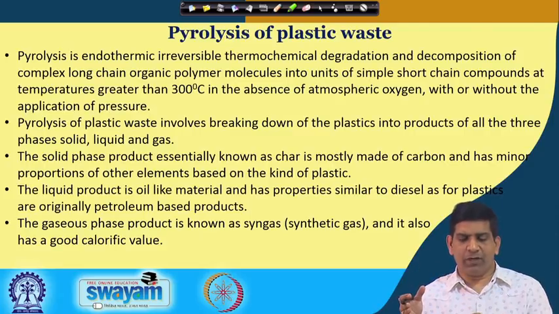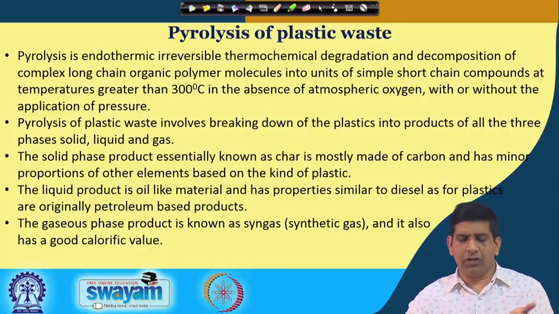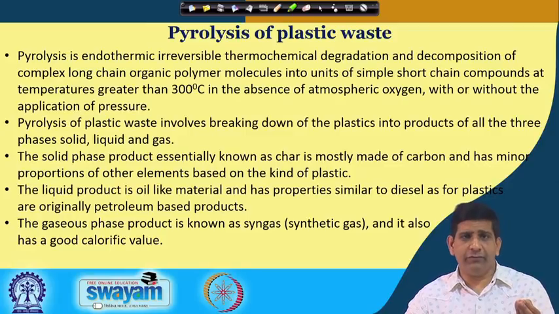So plastic waste pyrolysis involves breaking down plastic into products of all three phases: solid product, liquid product, and gaseous product. The solid product is known as char. If you do it from wood waste or forest residue, many times you hear the term biochar. Similarly here, you have a char made of carbon with a minor proportion of other elements. The liquid product is oil-like material, similar to diesel, since plastic is originally a petroleum-based product. The gaseous phase product is known as syngas, and the syngas also has a good calorific value,